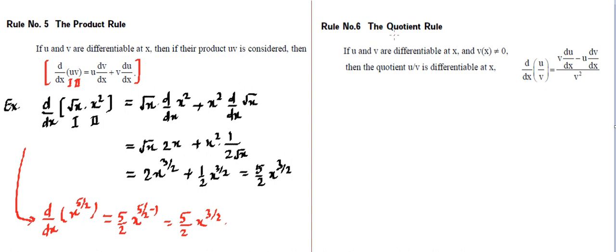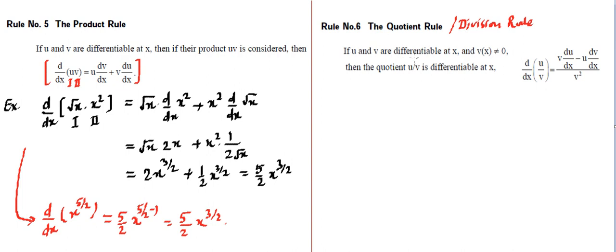Now, once we are able to find the product rule, then we can think of this quotient rule or division rule. That's also called division rule. That means how we perform this division of two functions. Now, multiplication and division, they are similar stuff. Like let me tell you, if this is u into v, we can always write this u into v as u divided by 1 by v. So product and division, they can be converted like this. So that means even if we don't remember this division rule, we can work with the product rule. But yes, remembering division rule becomes easier, so we need to learn this as well.